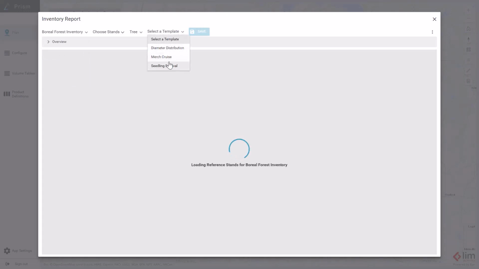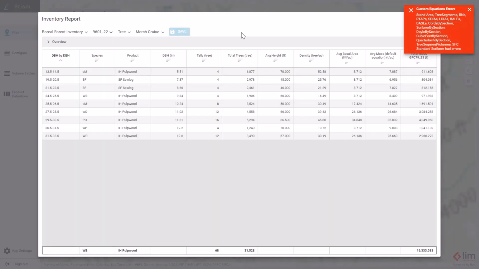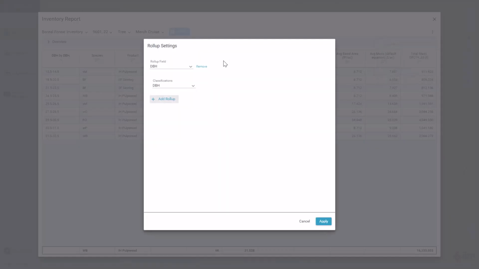We have some various templates. If we pick merge crews, it even shows you if there are equations that have errors, making sure that your data is being calculated appropriately, and you can go and assess. So right now, what we're looking at is a merchantable cruise rolled up by diameter distribution. Okay, so we can quickly go and look. There's that roll up for DBH classifications. If we remove that and apply,